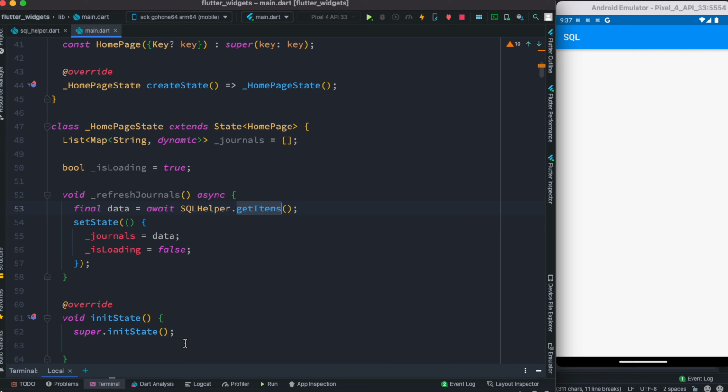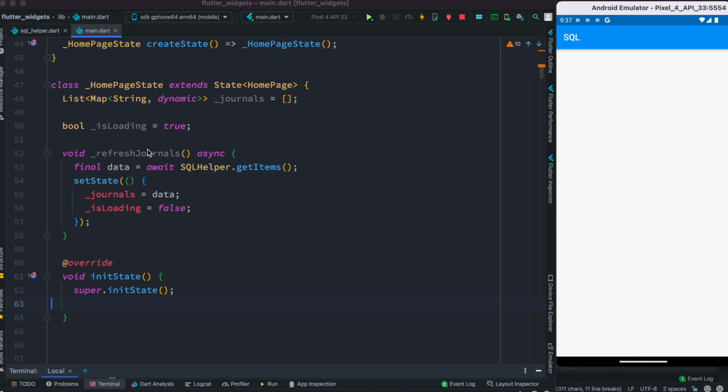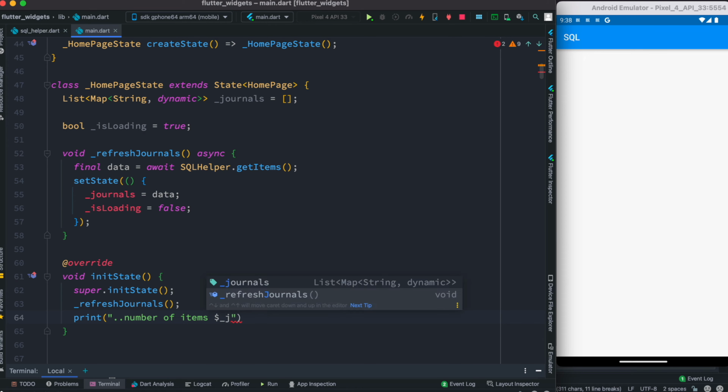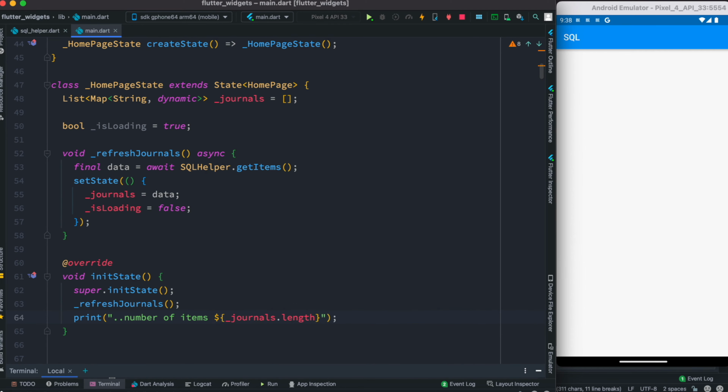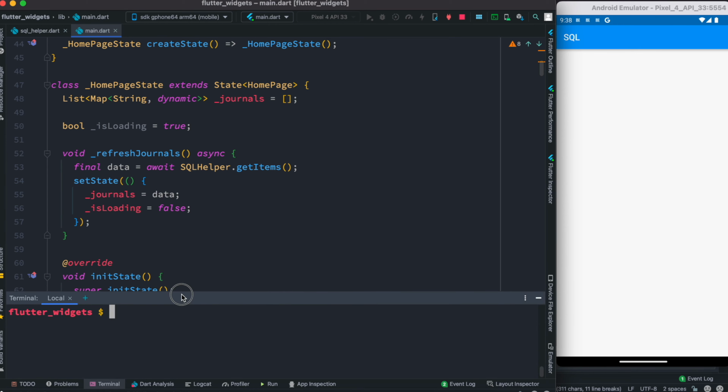And all we need to do right now is call this. To be able to call this, we'll just copy this one from here, and then we'll put it over here. And as we did that, actually we could do one thing over here. We could do a print method, and go. Now this is the time that we go ahead and reload our app, and if we do that, hopefully